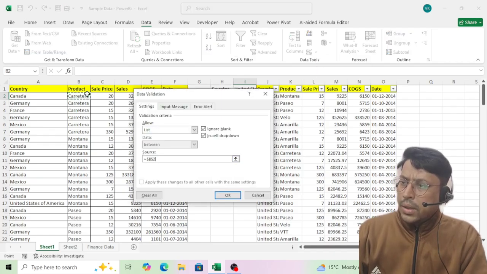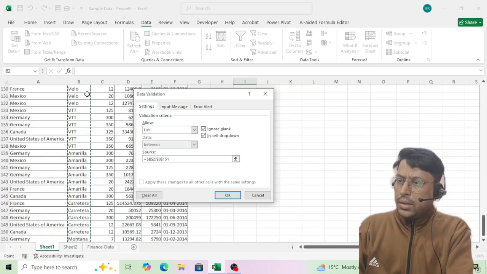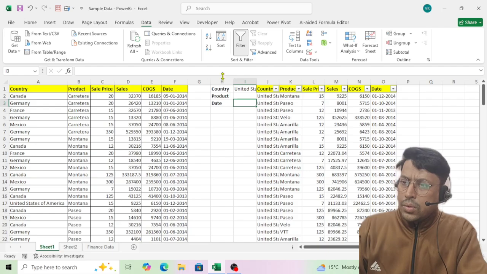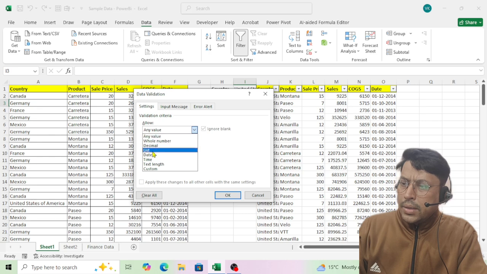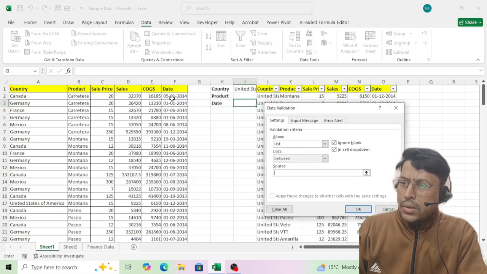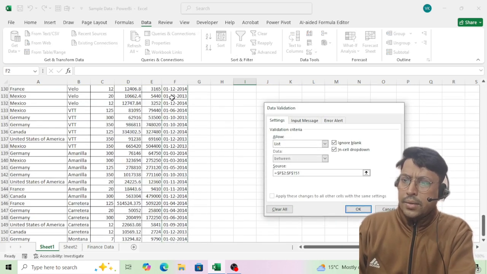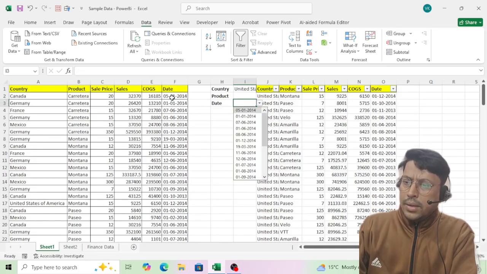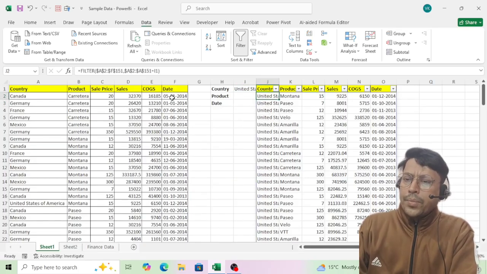Now for the source, select all the products. Okay. Now same, go to the date and go to the data validation, list, source, and now select the entire date range here. Okay. Now you have all the information here, right? Like this. Now do one thing,